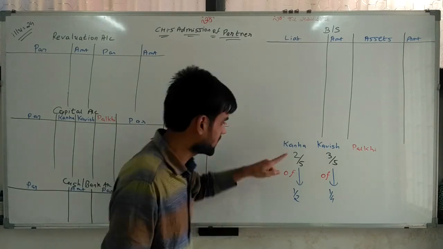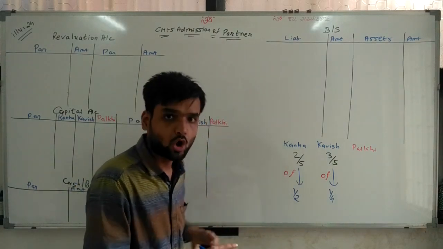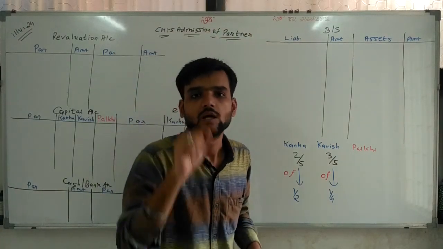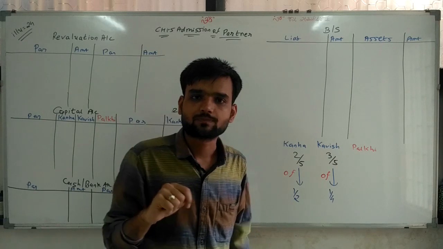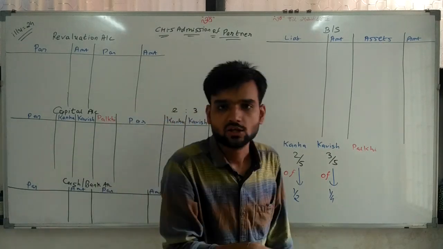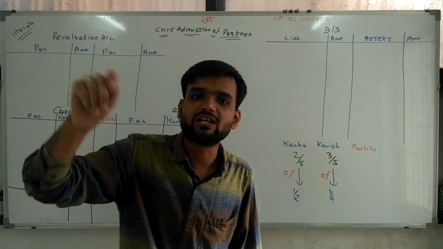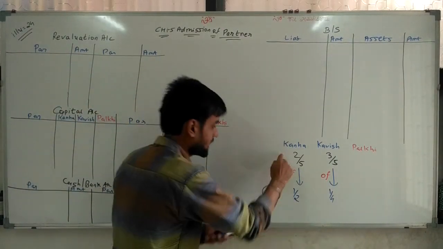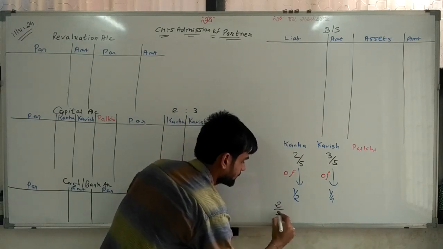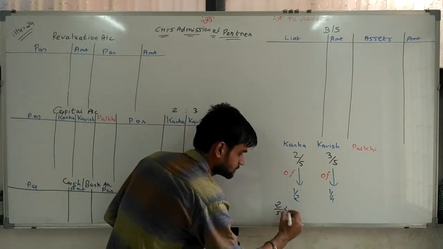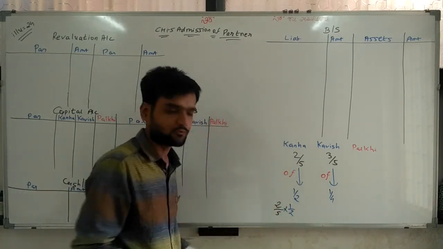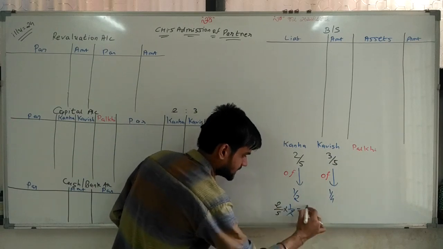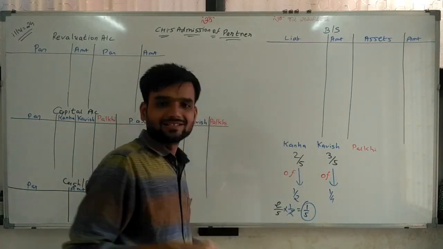Now what is the sacrifice? Multiply both. 5% of 100 rupees, so what are we doing? 100 into 5%. 20% of 5,000 rupees, what are we doing? 5,000 into 20%. Same way, 1/2 of Kahana. So "of Kahana" means 2/5 into 1/2. So 1/2 of 2/5, so 2/5 into 1/2. Our answer: 2 cancels. So 1/5 is the sacrifice.